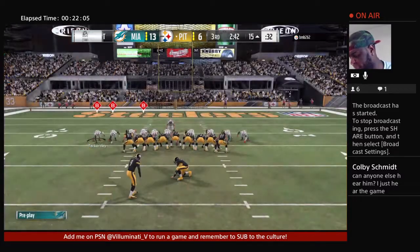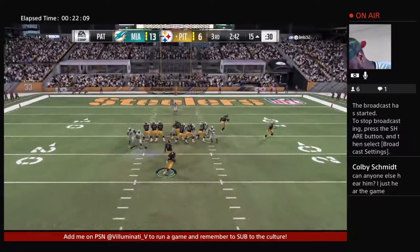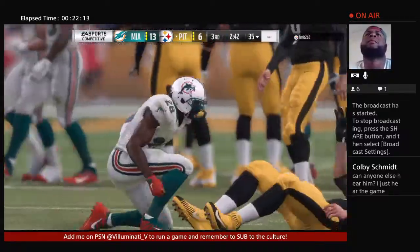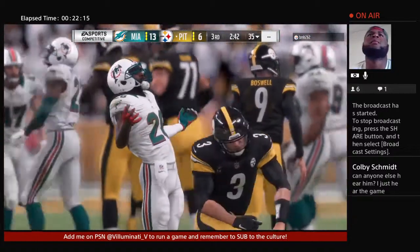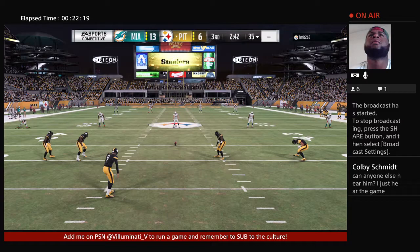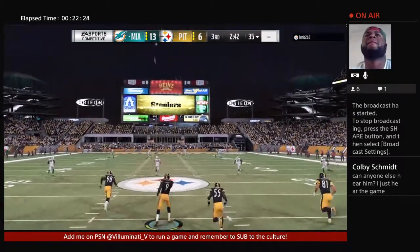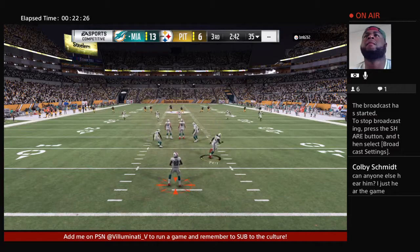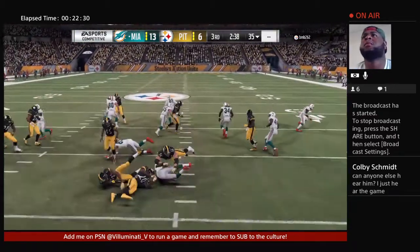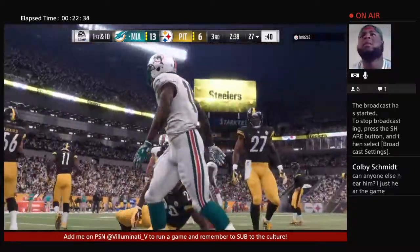Chris Boswell now for the extra point. Now Jones. Let me go ahead and show my age a little bit. I liked it when they would fake it from the 3-yard line, right? When you'd line up, go ahead, and oh, there's a fake, and he's going to get 2. That's great. But from the 15, the risk-reward, it's just not there. It's so risky to get 15 yards on a fake. Well, you see the result right there. Yeah, I know these young whippersnappers are